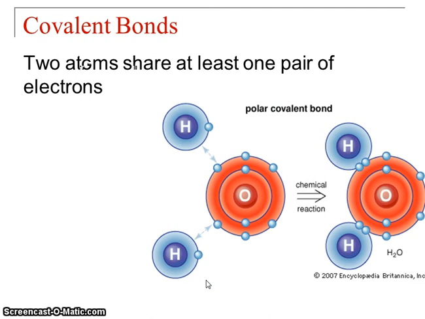Next we have covalent bonds. Covalent bonds are where 2 atoms share at least 1 pair of electrons. So they're both atoms that want electrons. So hydrogen has 1 electron on its valence shell. It needs 1 more. Oxygen has 6. So it's going to share a pair of electrons here to get 7, and a pair here